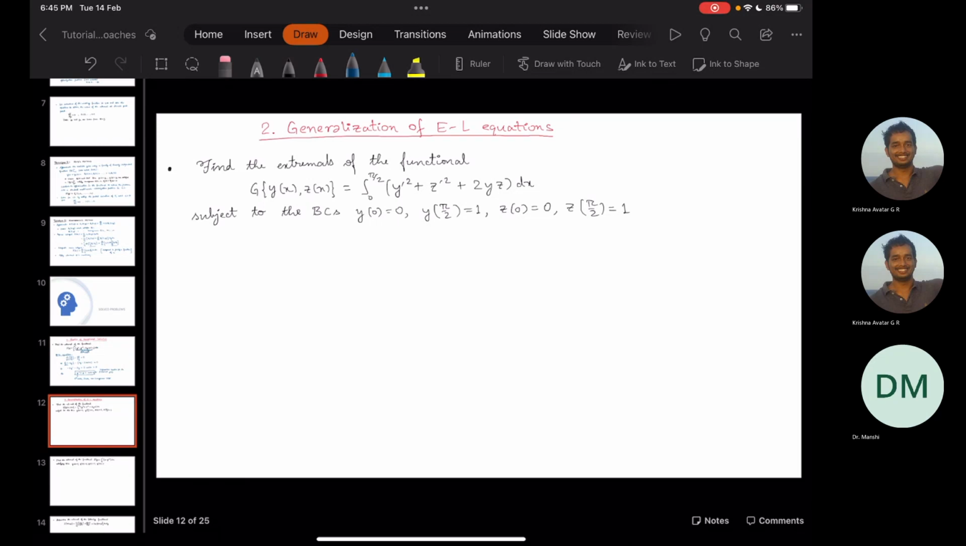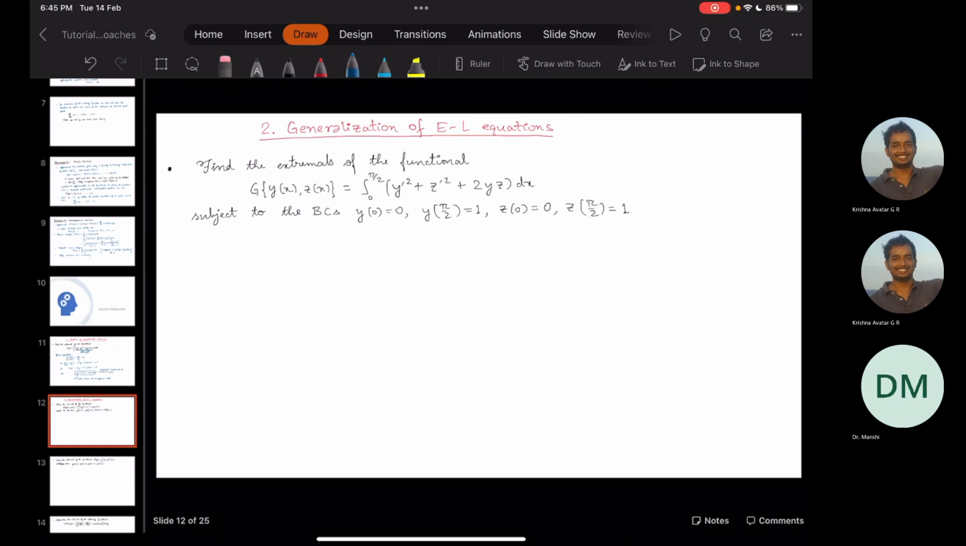Okay, now we'll solve a bunch of problems on the generalization of Euler-Lagrange equations. The question asks us to find the extremals of the functional J of y(x), z(x), equal to the integral from 0 to pi by 2 of y prime squared plus z prime squared plus 2yz dx. The extremal has to satisfy boundary conditions, which are y at 0 is equal to 0,